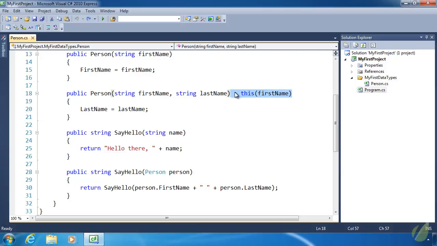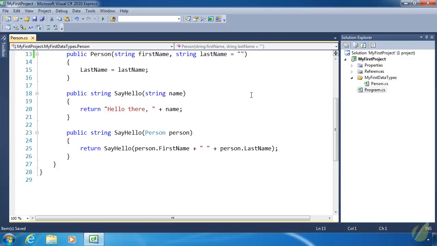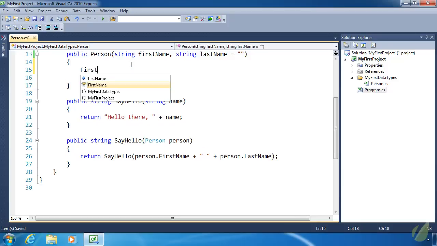All we have to do is go to the parameter that we want to make optional and give it a value. There we go. So now we can get rid of our overload, our person constructor with only a first name, because now last name is optional. So if we wanted to, we could call this constructor with just a first name, and then the last name would have a default of an empty string,